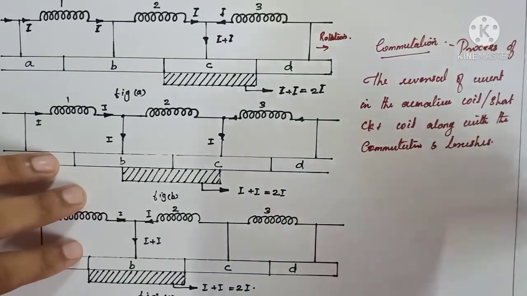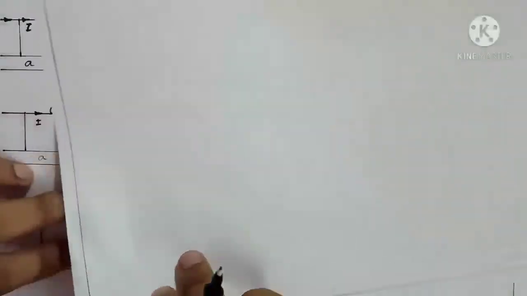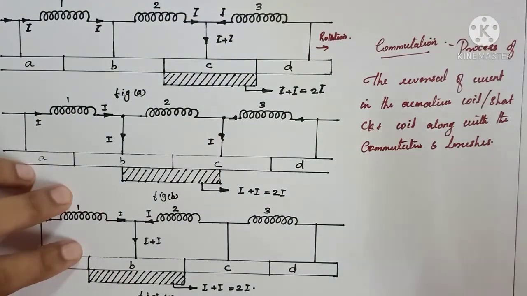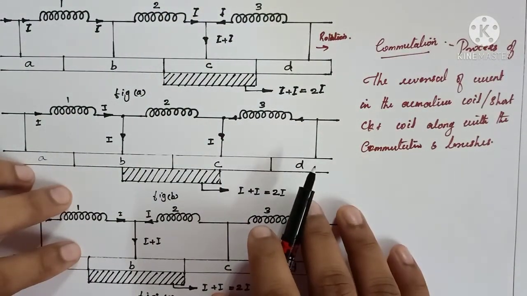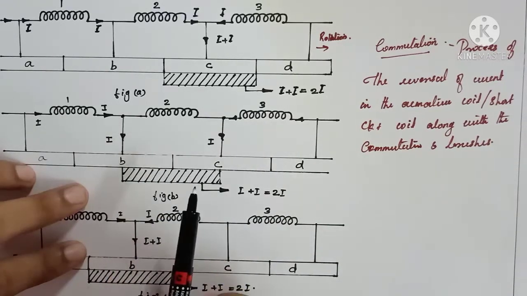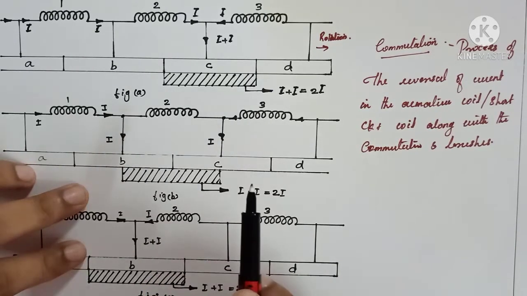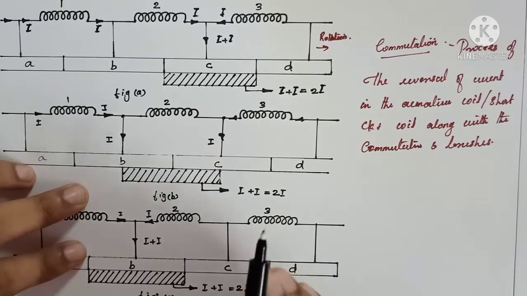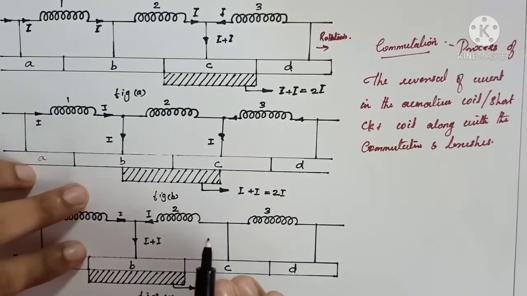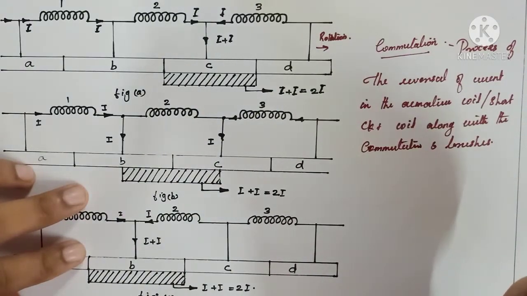Based on these concepts, we will see what is meant by reactance voltage. Reactance voltage is a major reason for the delayed commutation. We know that the brushes are always connected in the magnetic neutral axis, and at that time the armature will not cut the main flux. That means no EMF will be generated under that condition. But due to self induction, some EMF will be induced at that point.